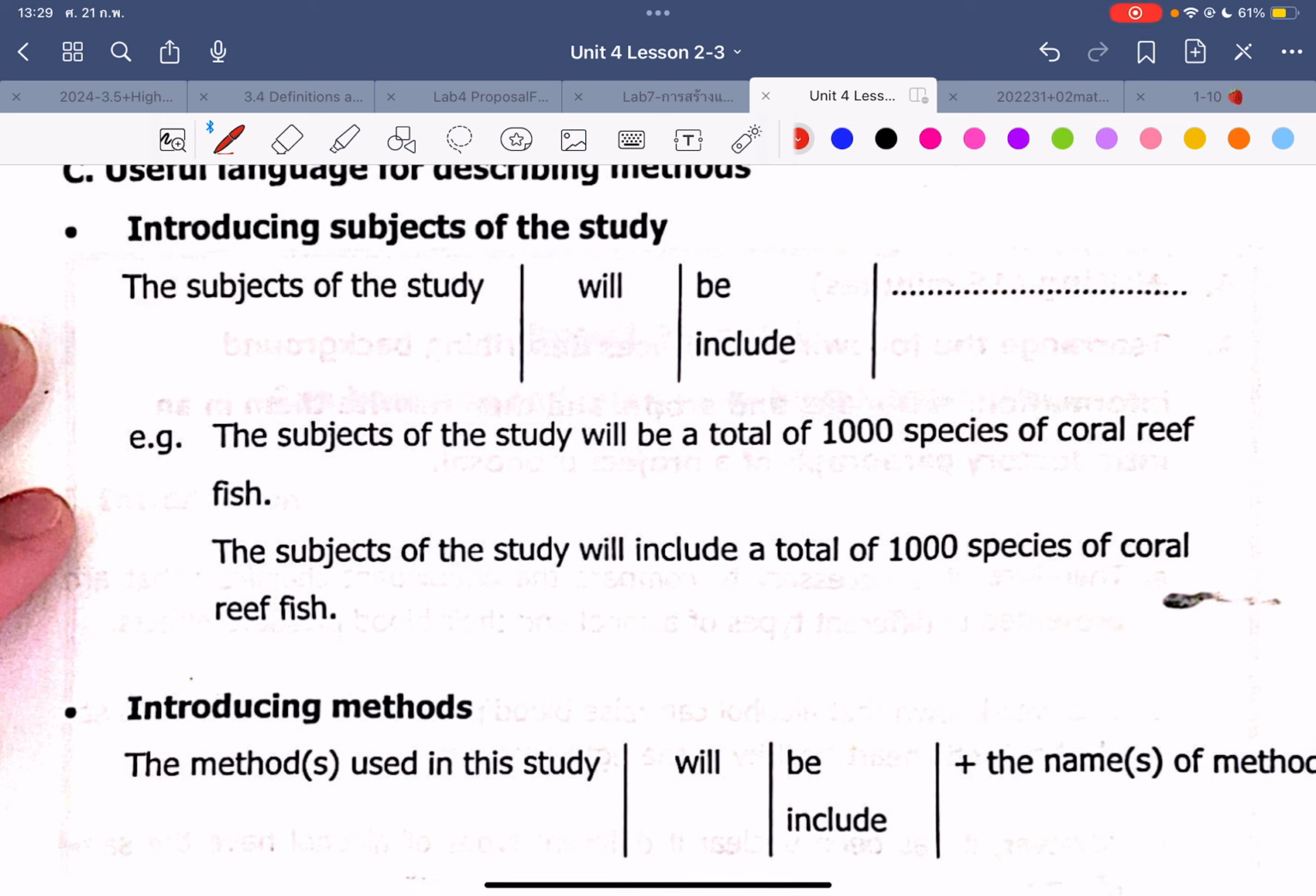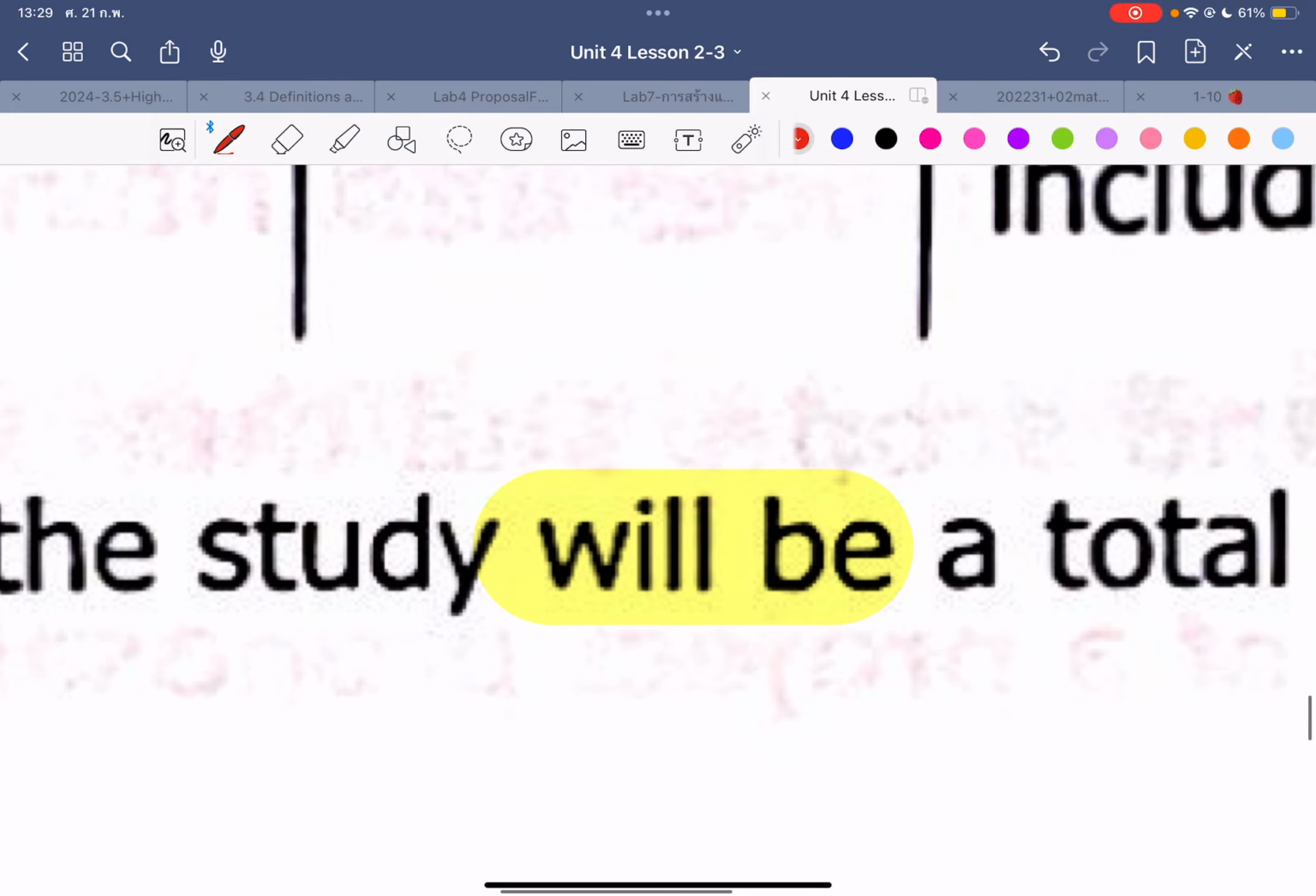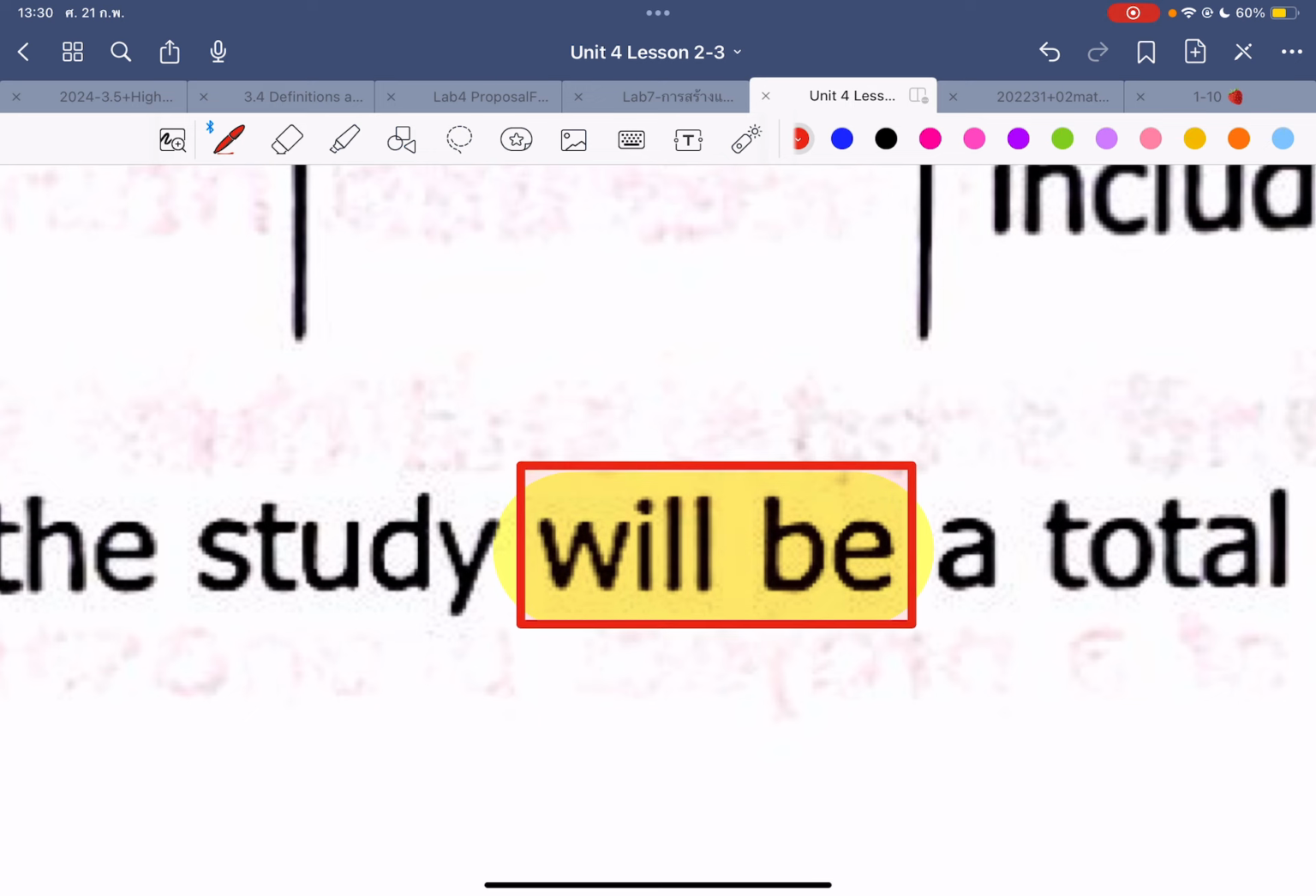Okay now, ทีนี้นะคะ ทำไมใช้ will นะคะ why not are? are ก็ไม่ผิดเนาะ. The subjects of the study are 1000 coral reef fish. ทำไมใช้ will นะคะ แค่ future ทำไม future? will เป็น future tense ใช่ไหม เพราะว่าอันนี้เป็น proposal อันนี้เป็น plan เรายังไม่ได้ทำใช่ไหมคะ. We haven't done the project yet, yes it is our plan. เป็น proposal ก็เลยเราต้องใช้ future tense นะคะ